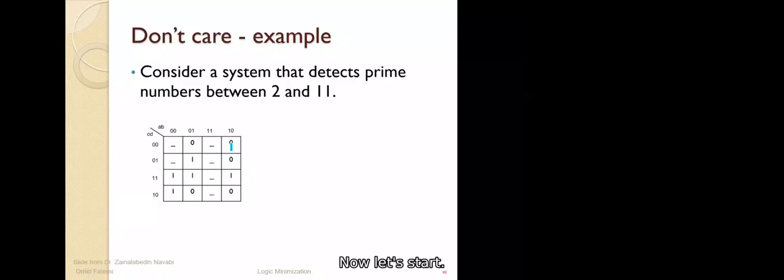Okay? Now let's start. As I told you, to make implicants and to make groups, consider the dash ones as 1. So you make a bigger group. Okay, let's do that. So the first one. Okay, let's see what could we do. Okay, I guess I could select this, number 1.